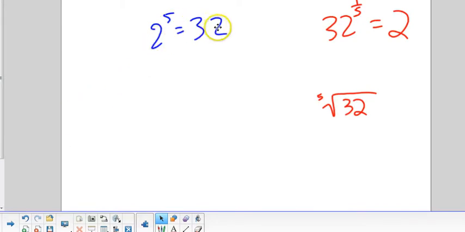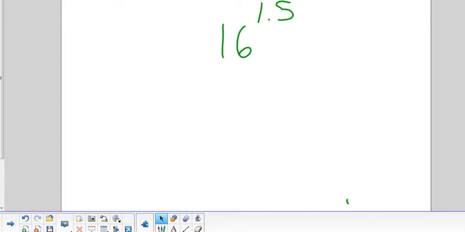2 to the 5th is 32, and so 32 to the 1/5 power, or the 5th root of 32, would be 2. And so we could write it like this, with the index of 5 in the radical would be the 5th root of 32, and so that would equal 2. Okay, so what if the fraction has a numerator that is